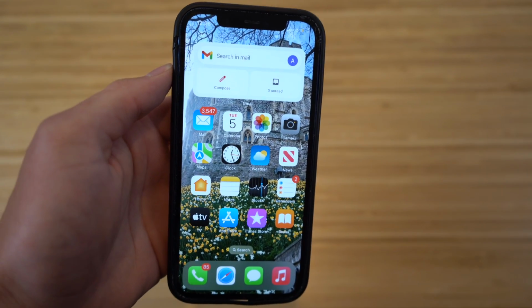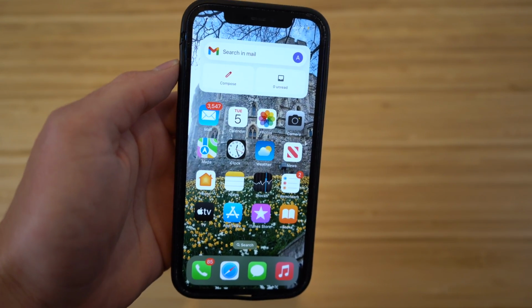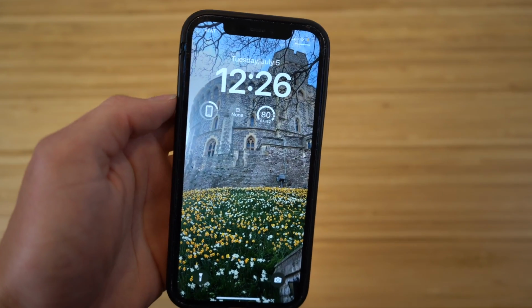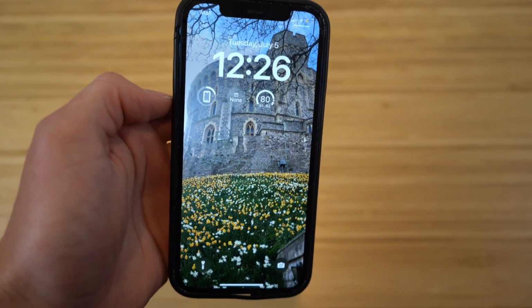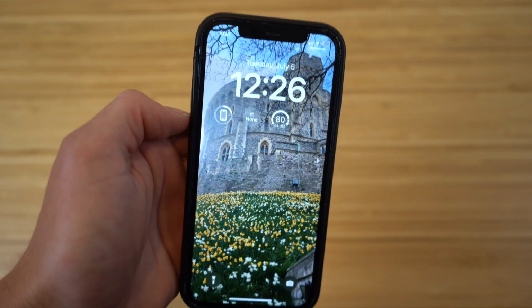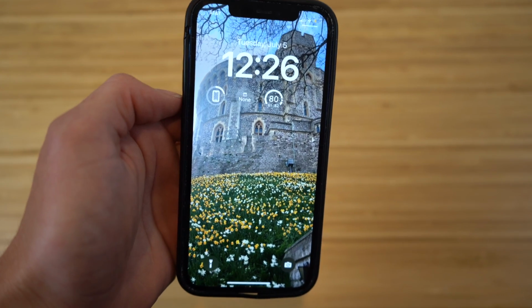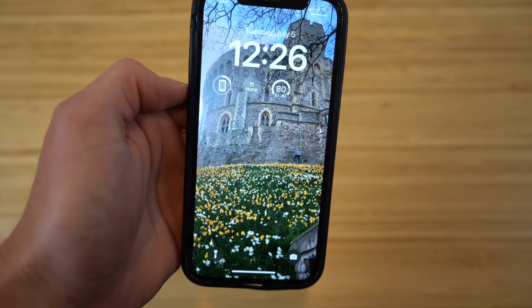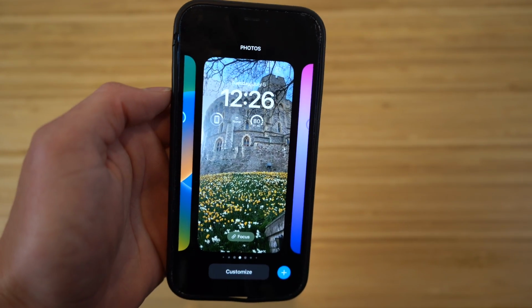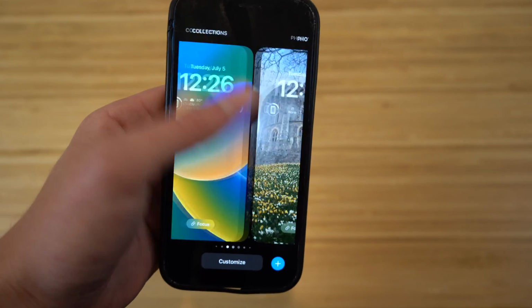Today, I'm going to be showing you the first things to do for the brand new iPhone 14. Now, the iPhone 14 doesn't release until September, but we've received early access to iOS 16, and in today's video, I want to show you all how to gain early access to iOS 16 and dive into all the hidden features that come with it, so when the iPhone 14 is released, you'll be able to use it like an absolute pro. So let's dive into today's video, the first things to do for the brand new iPhone 14 and